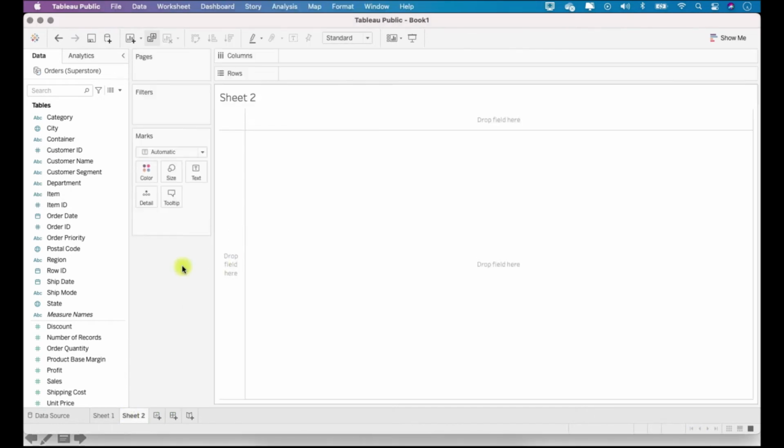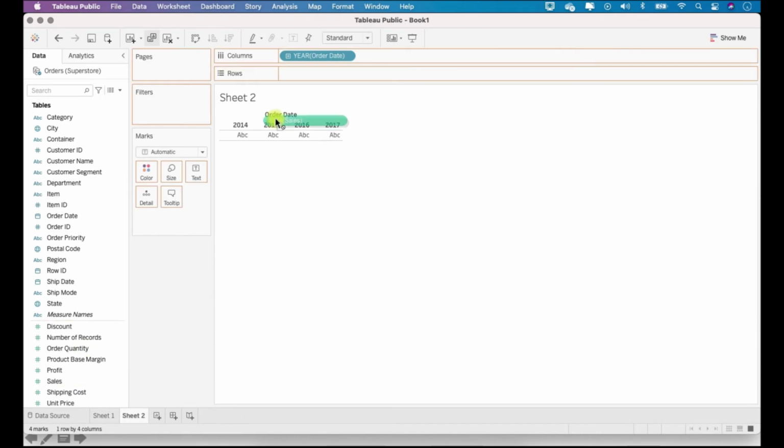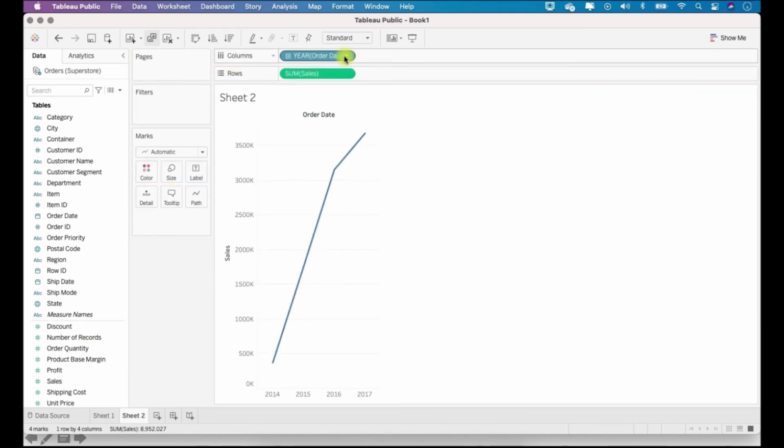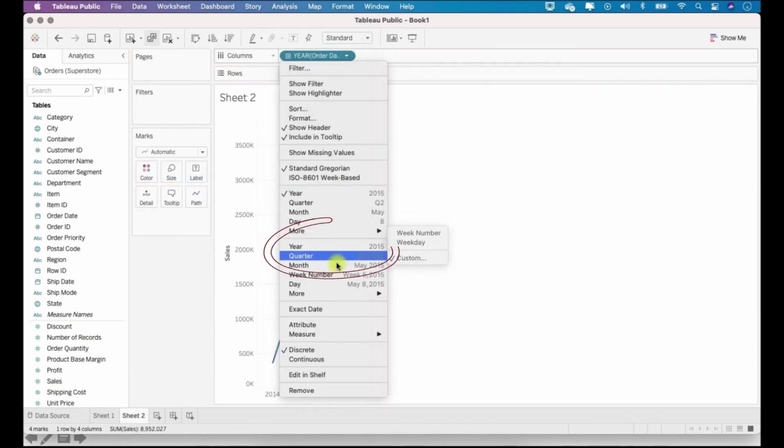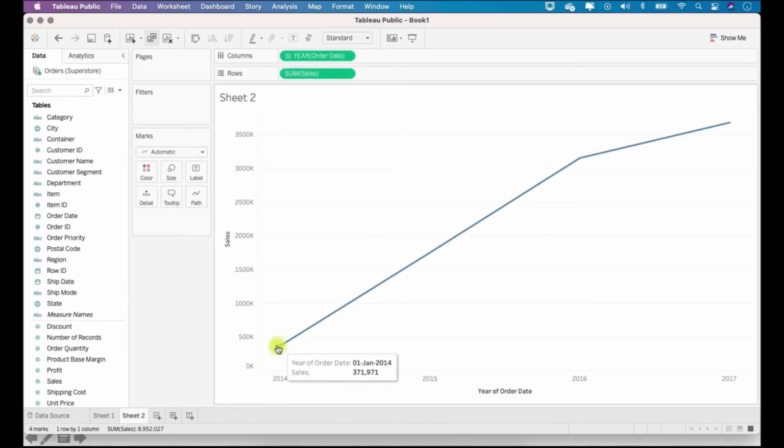Now let's go to the date value. Okay, again just right click on this blue pill, select the year from the second option. This is the date value option. So when I click this, just notice what happens. You'll see that the graph has extended a little bit.